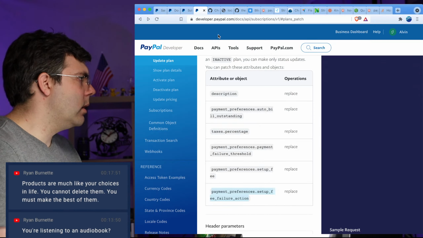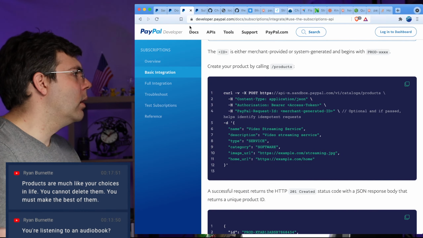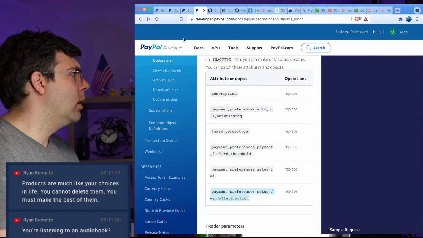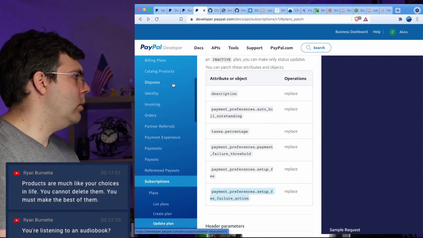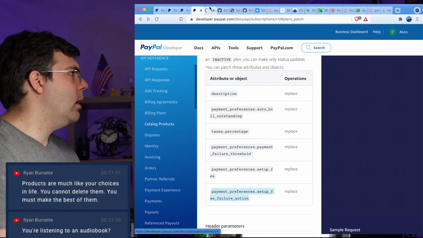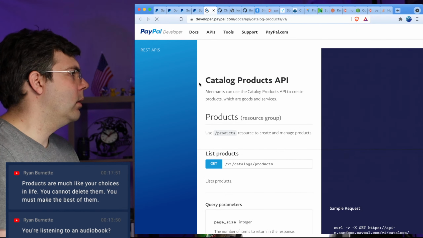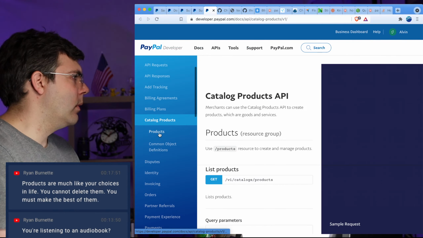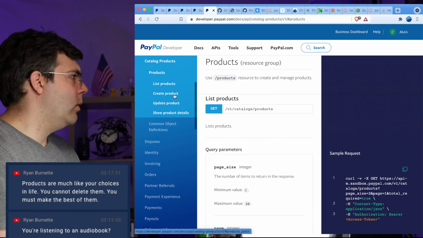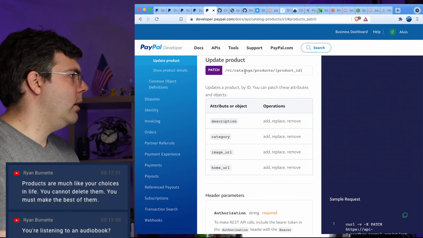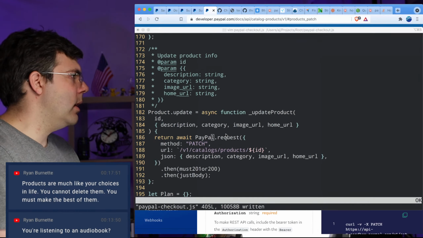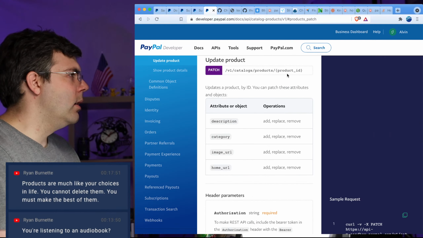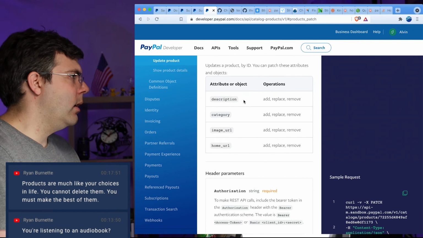Let me just double check. Let's go to catalog products, and then we have products and we have update product, and it is indeed patch / catalogs / products / ID. So everything's good there.